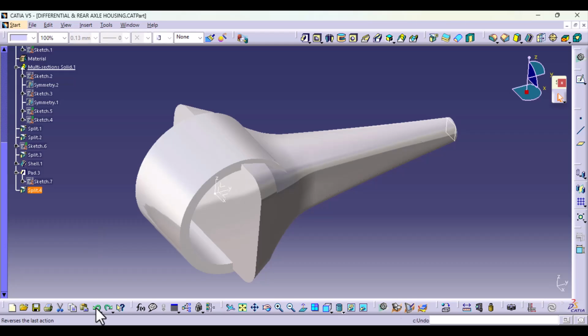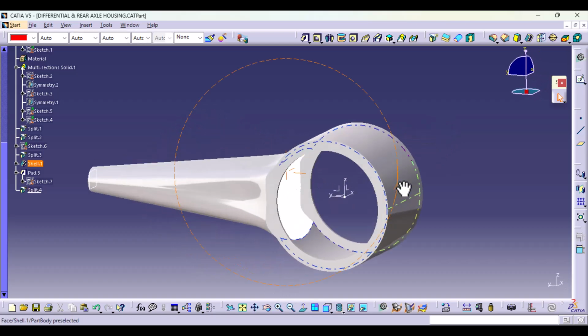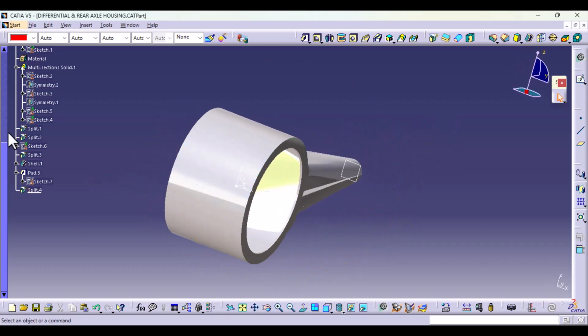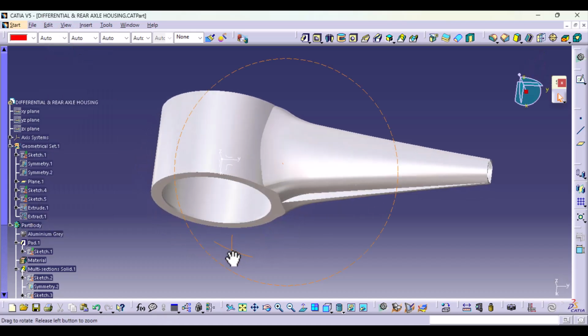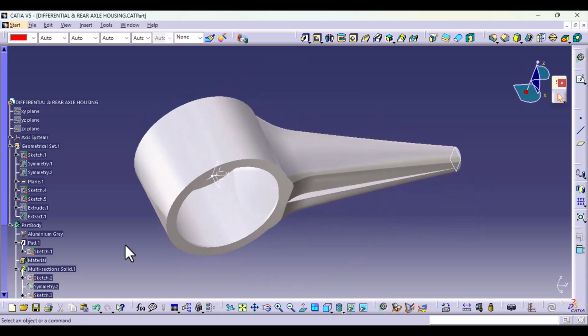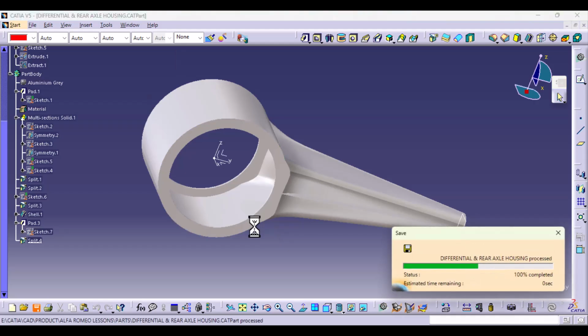Let me undo. I'm not sure what. Okay. I just want to hide extract 1. All right. Okay. I'll save my progress, and